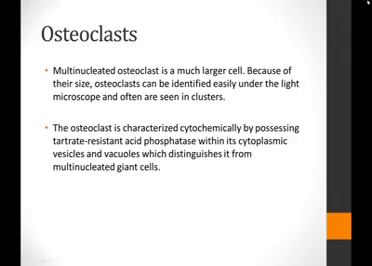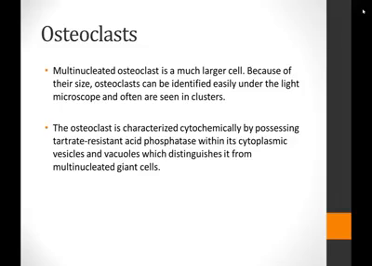And unlike the other cells, osteoblasts and osteocytes, these cells are multinucleated. They have more than one nucleus, and they are much larger than the osteoblasts and the osteocytes. Because of their large size, they can be easily identified under the light microscope, and they're often seen in clusters within the bone. Basically, the marker for the osteoclast is the vesicles within its cytoplasm that contain the tartrate